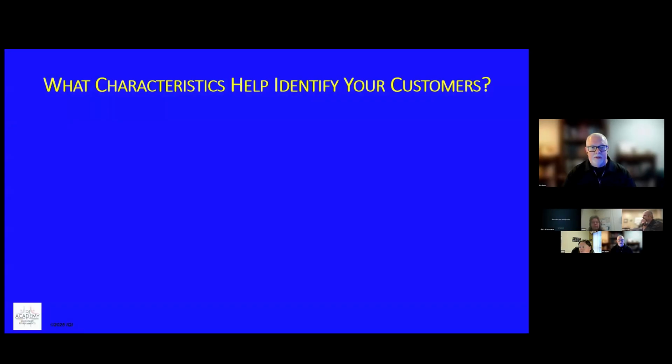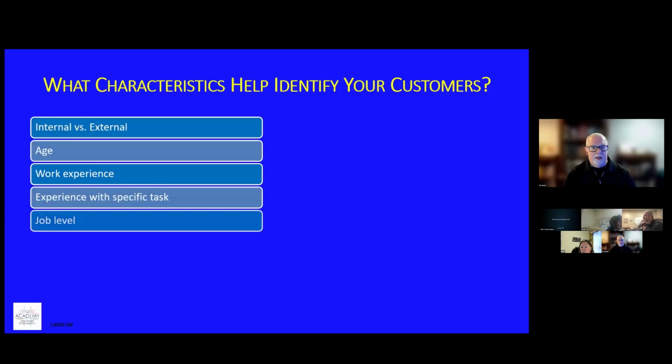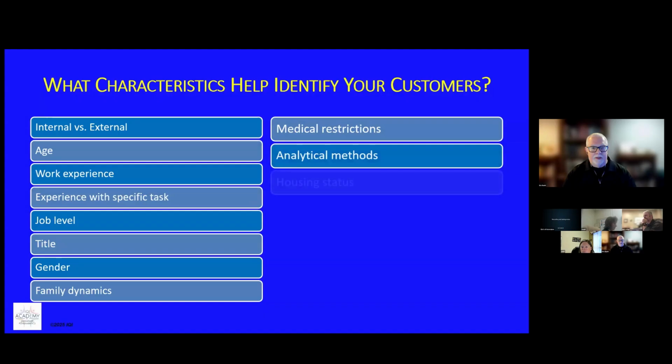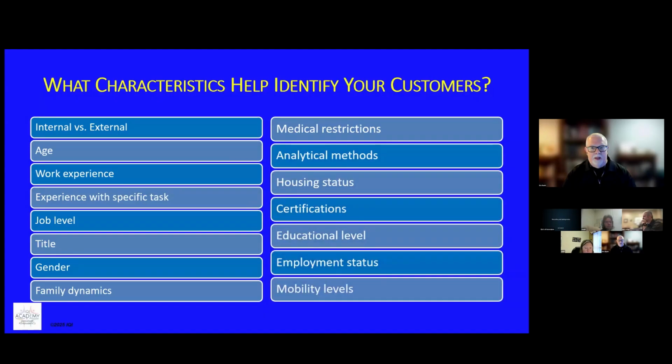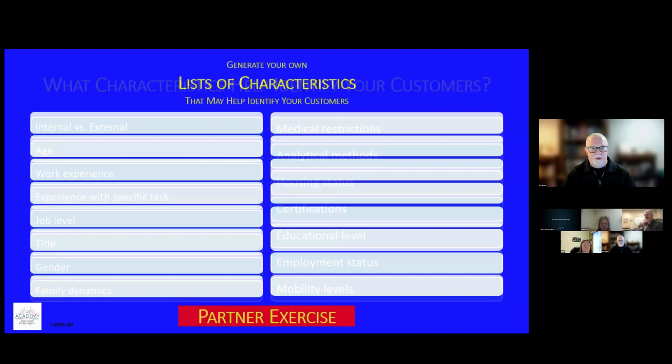So I sent you a file, or asked you to download it, and it has some empty boxes that look something like this. What I'd like you to do is work with a partner. We're going to do our first breakout session that we've done in this unit. So this might be interesting as we try and set this up. I'll see what Zoom assigns to us. You're going to fill out these characteristics. Then we'll come back and share.